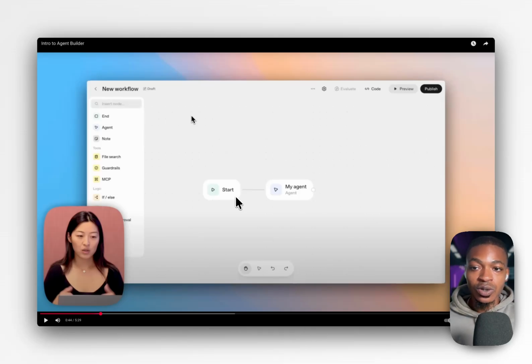What they're about to show is basically something that can connect to different tools. You can connect file search to it, and a bunch of different context and tools to it, easily in a drag and drop interface. And the thing is,